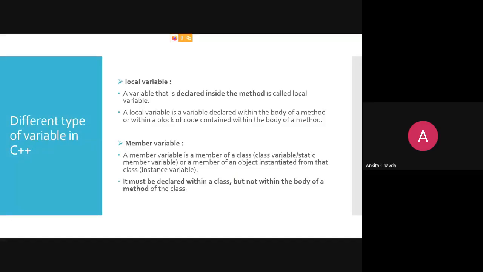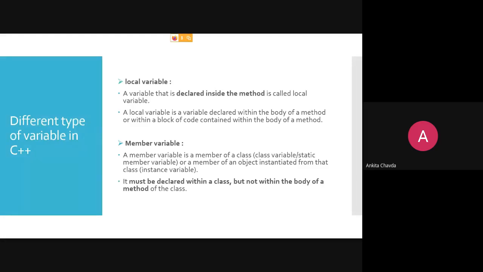Here, different types of variable in C++. One is local variable and one is the member variable. Now, how can you differentiate that this is the local variable and this is the member variable? A variable that is declared inside the method is called a local variable.